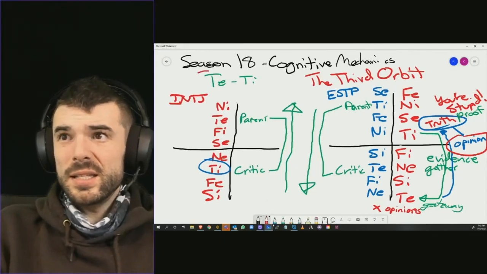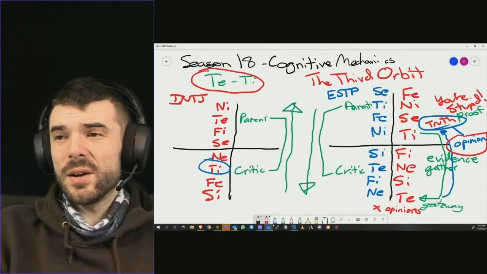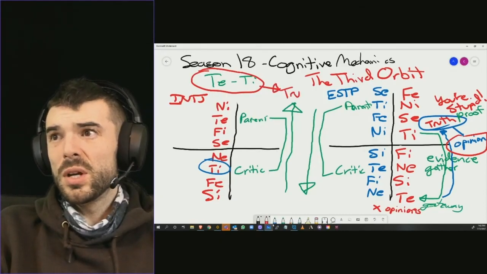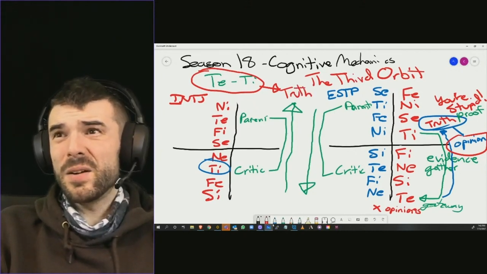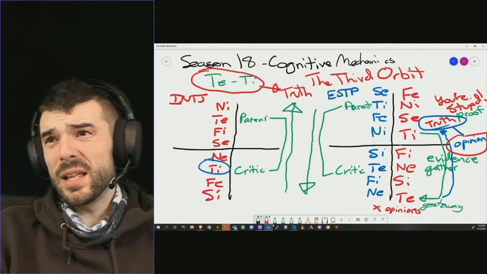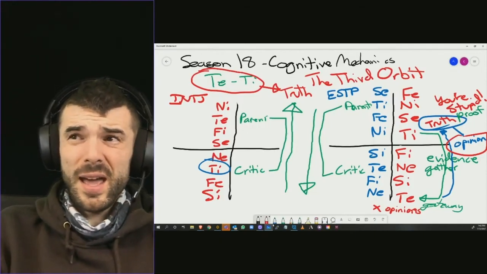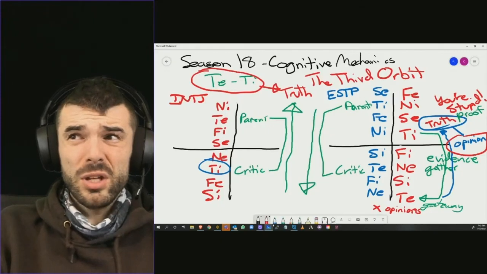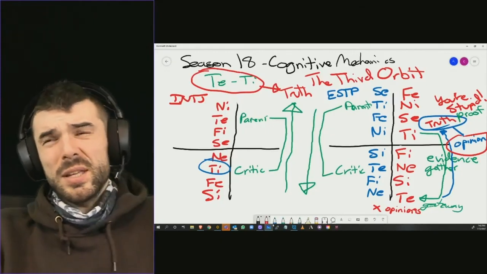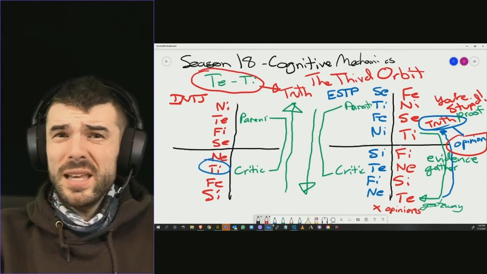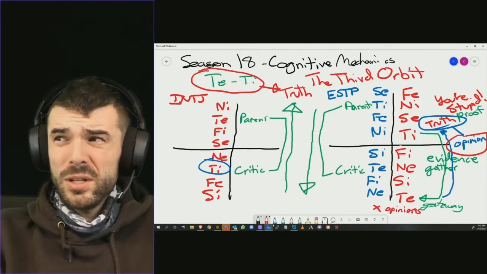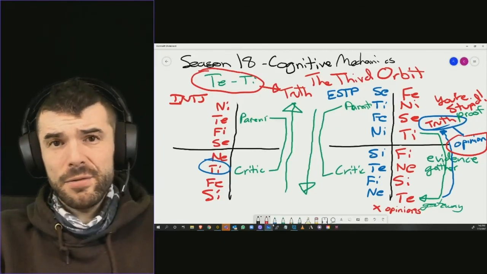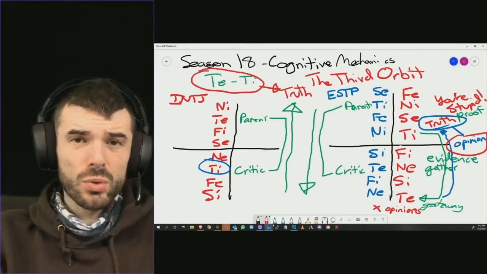You have to look at TE and TI as the pathway by which we get to truth overall. How to get there, and what we're getting there with, is a little bit different. You really, really have to have both. Because here's the thing: you look at an ENFJ or an ESFJ, they have TI inferior, they have TE demon, so they're not really going to have as much truth awareness.